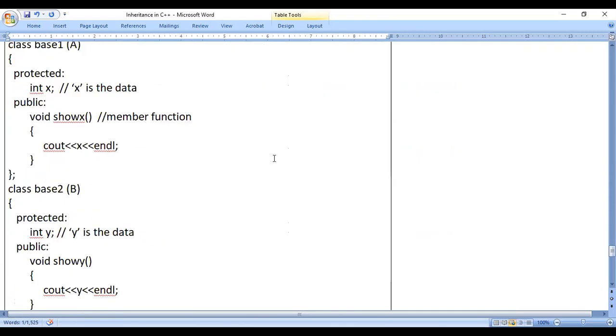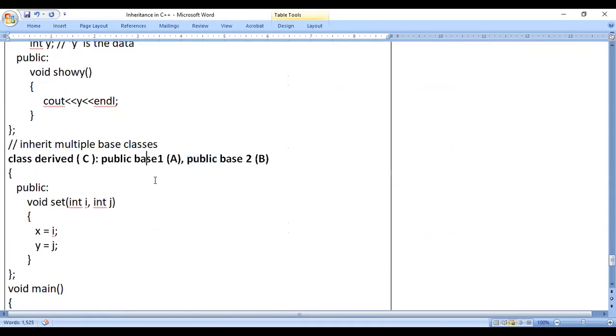Now if I write public base 1, it is not a rule that for base 2 also you should write public. You can change it: private, protected, or public, whatever it is. It is not compulsory that both should be public. In this example, they have given both inheritance modes as public. We will see what happens.